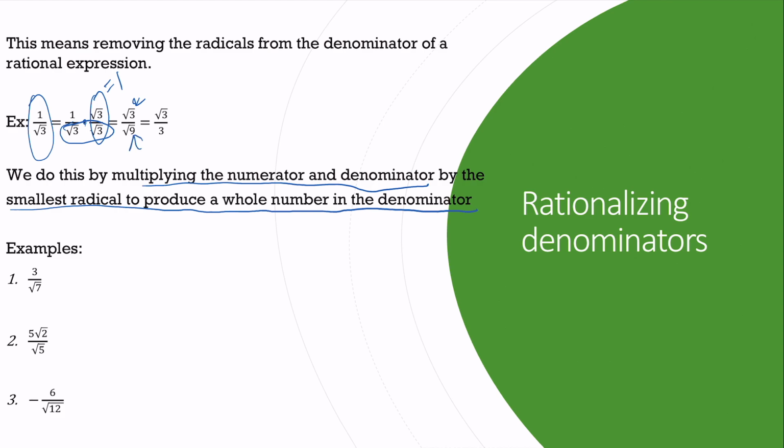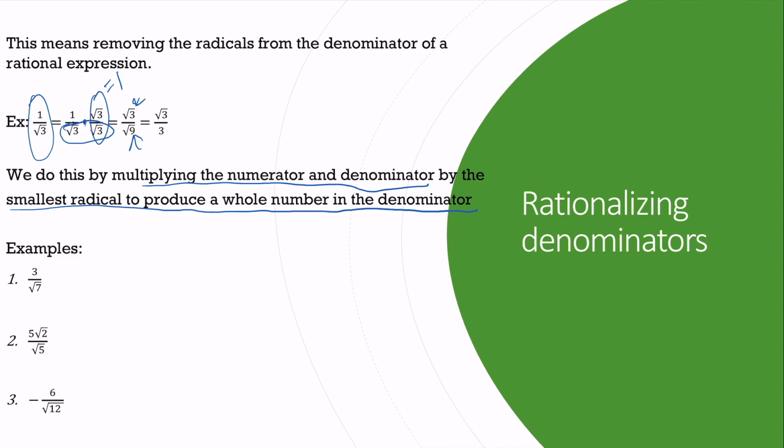This is a rationalized number. We don't like radicals in our denominators. So let's practice a bunch. For problem